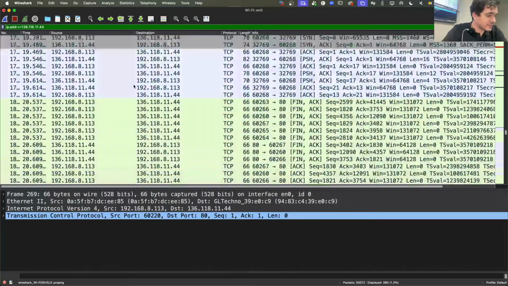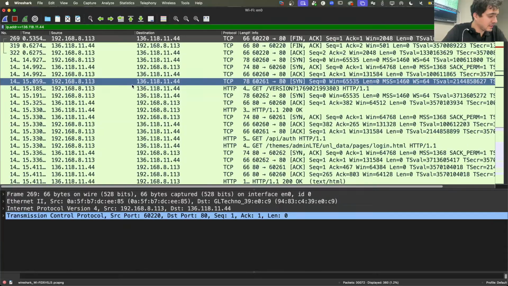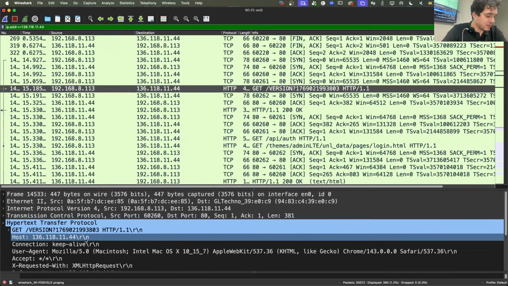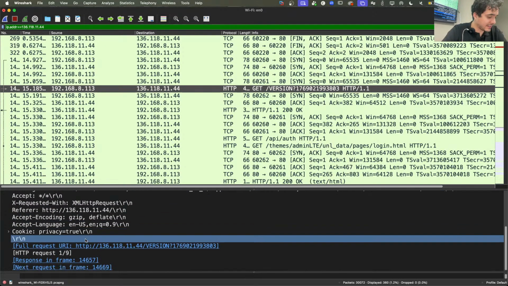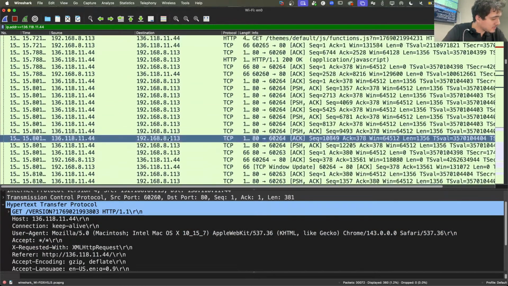All right, so check this out, guys. There's a VM in my cloud environment, and this is what it looks like when it's not protected. So you see there's no TLS session. But under my hypertext transfer protocol, I get all this information about what I'm sending to and from that web server. So let me find something